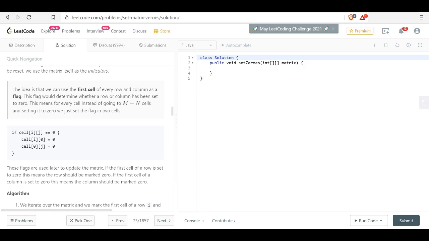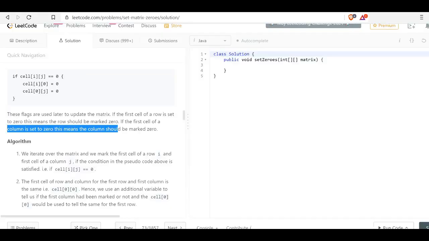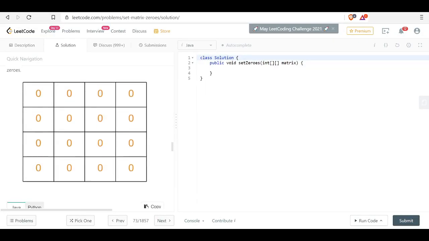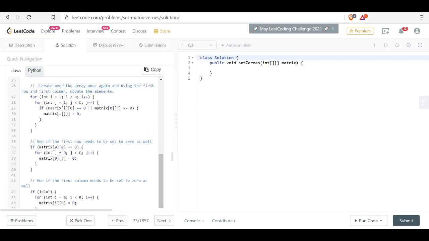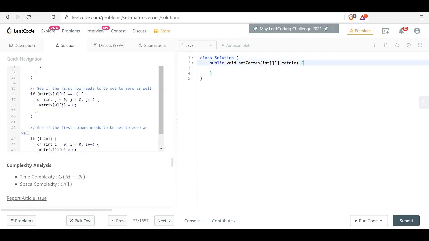If the first cell of a row is set to 0, it means the row should be marked. If the first cell of a column is set to 0, it means the column should be marked. Okay, so they are just doing a bit flag algorithm. Again, it's more or less the same. We will try to code it.